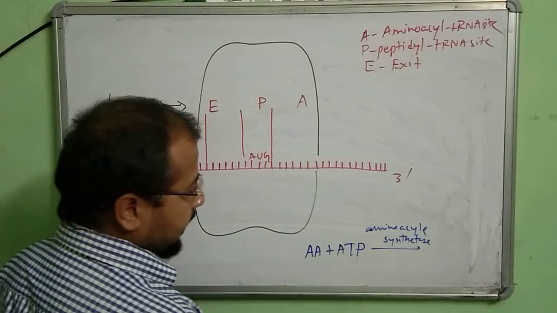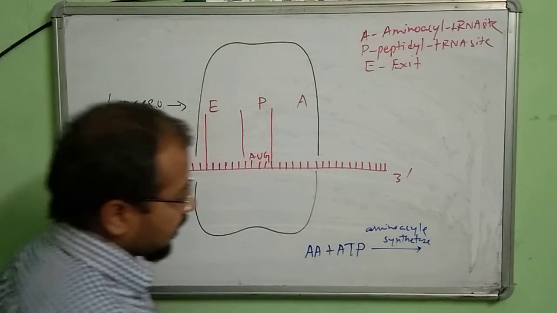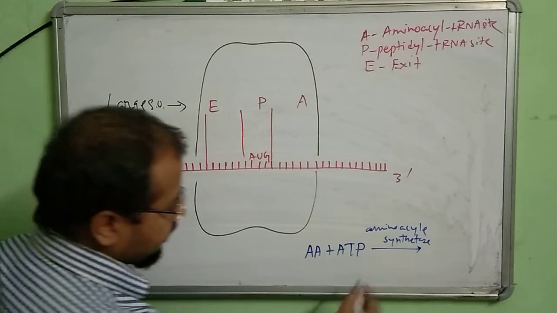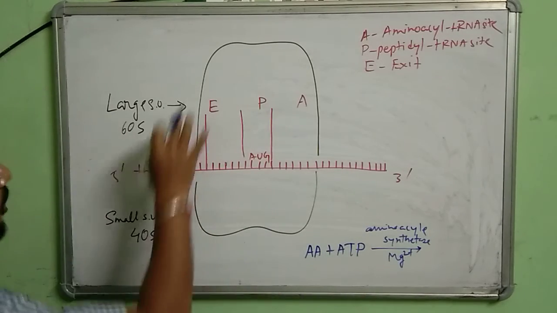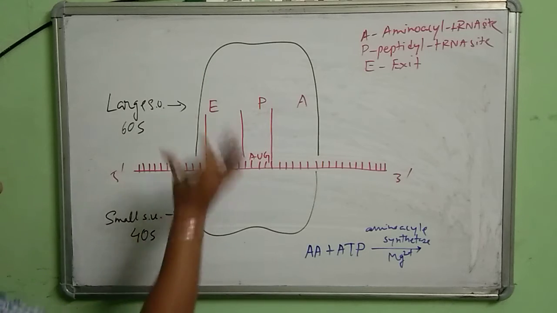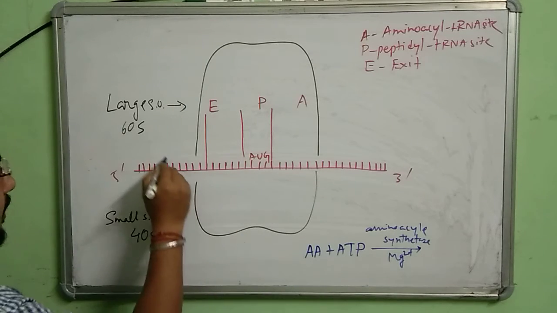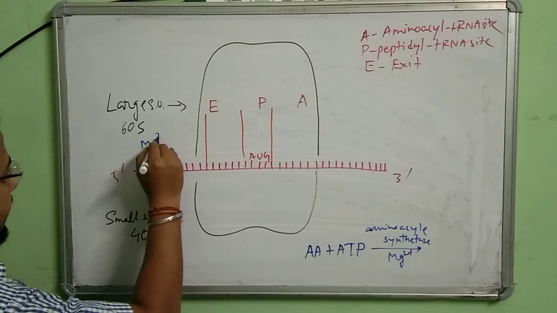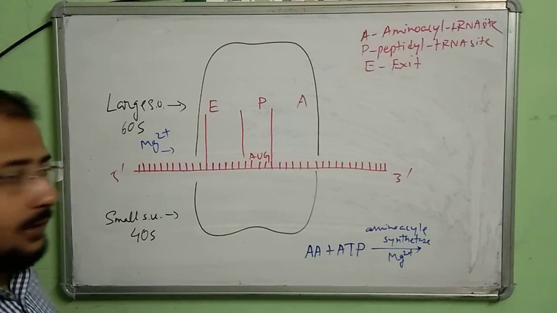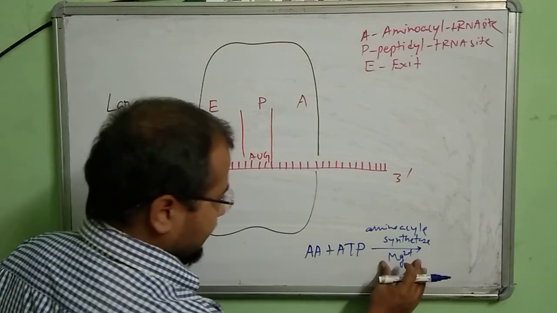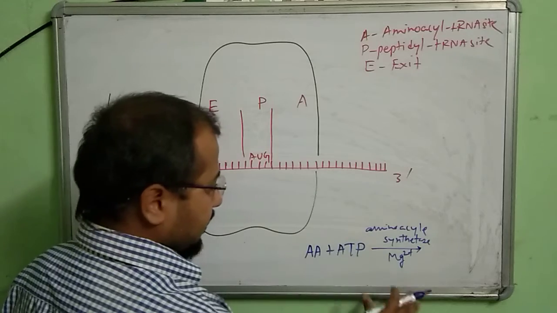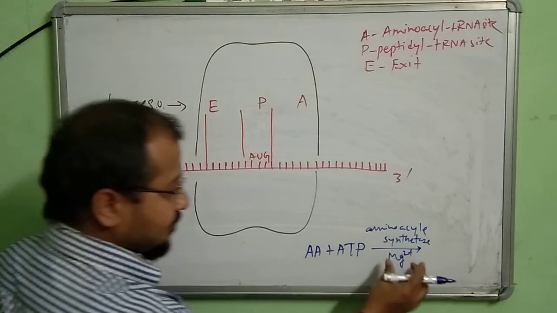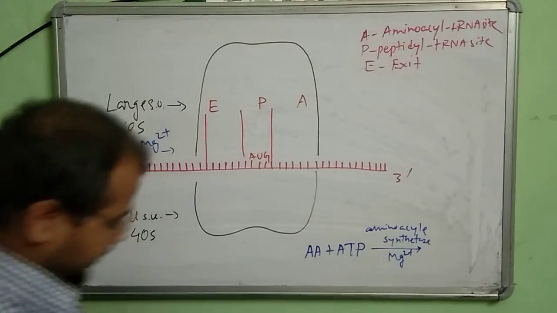And magnesium ion is also important. Remember, when the two subunits of the ribosome get attached to each other, there is also a contribution of the magnesium ion. So magnesium ion is required here, and the amino acid synthetase. This enzyme in the presence of magnesium ion helps